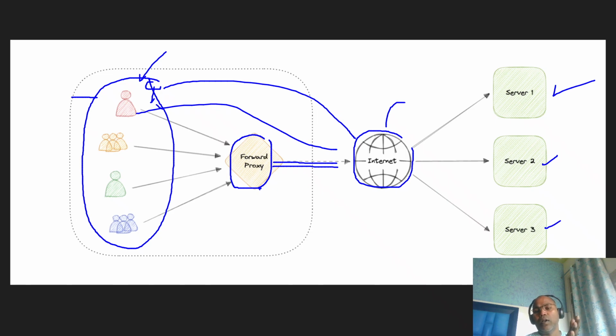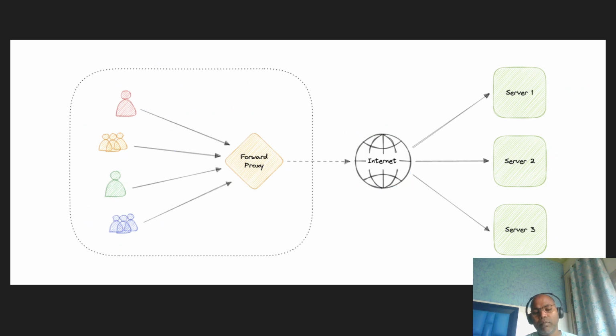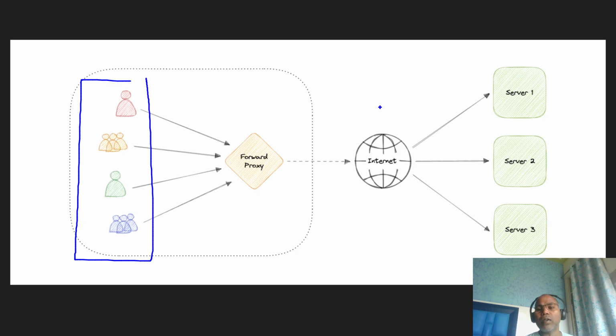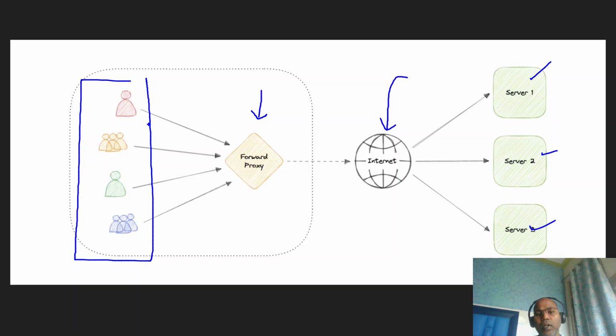So here, it plays a role as a forward proxy, meaning clients do not directly access any server on the internet. Before reaching the internet, every request goes to the forward proxy. Generally, in the organization where you are working, as an employee, all our requests go to the company proxy server, and the company decides which websites we are allowed to access or not.